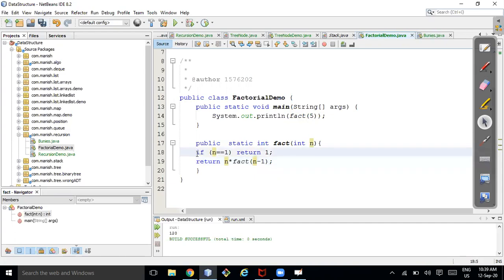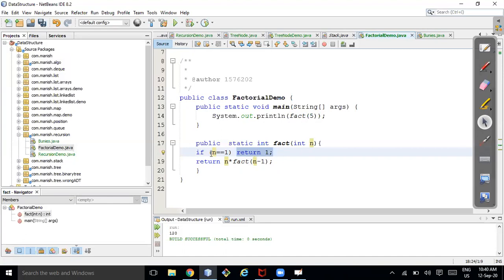This part of the code will only be executed if n is equal to 1, or otherwise, and this part of the code will always be executed. This part will be executed even though n is equal to 1 if a return statement is not written, because here I have written a return statement.